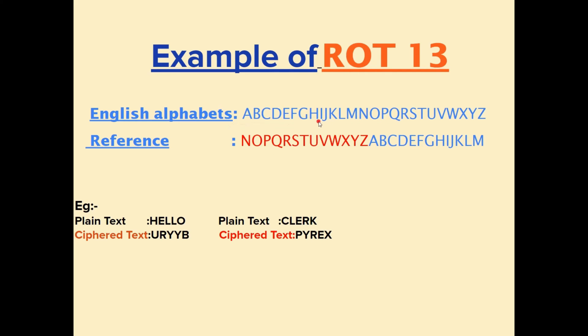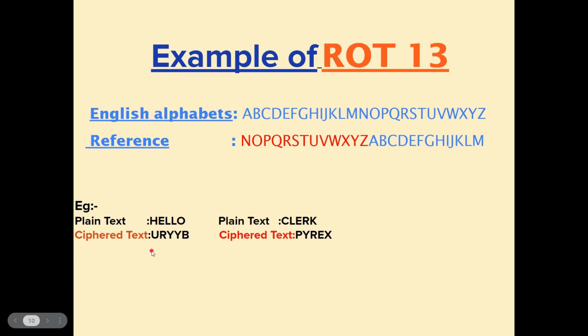So when we look up H here, what is our intended output? It's U. So this H gets replaced by U. Similarly, we will be looking up E. Its corresponding letter that it should get replaced by is R. It gets replaced by R. Similarly for L, it gets replaced by Y. And now there are two L's, so there will be two Y's. And for O, it's B. Now if we count to verify it, B is the 13th letter relative to O.